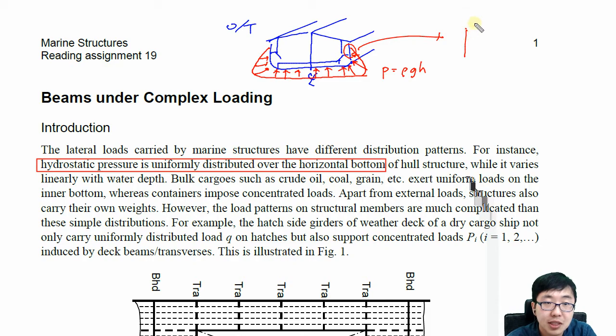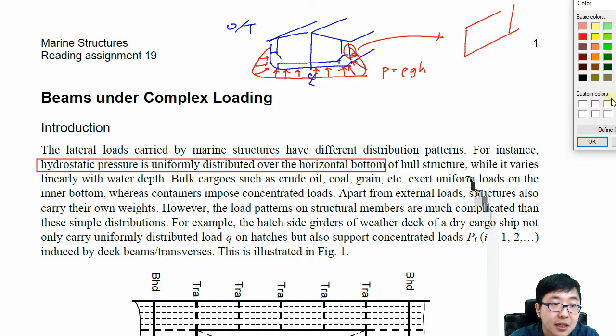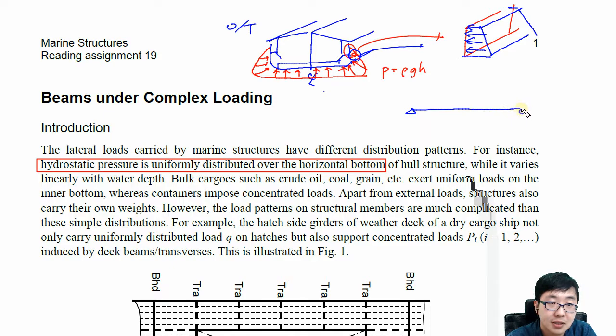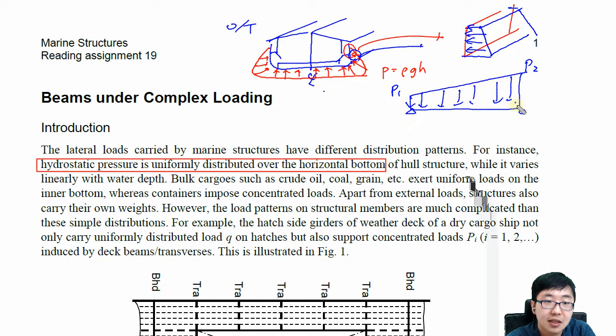But in the case of vertical members, for example, we will bring this one to here. This member will be subjected to the lateral pressure. I will zoom in on this one. The applied lateral pressure will be like this. Let me write this again. If we have lateral pressure 1 and lateral pressure 2, and the applied loading condition is like this,